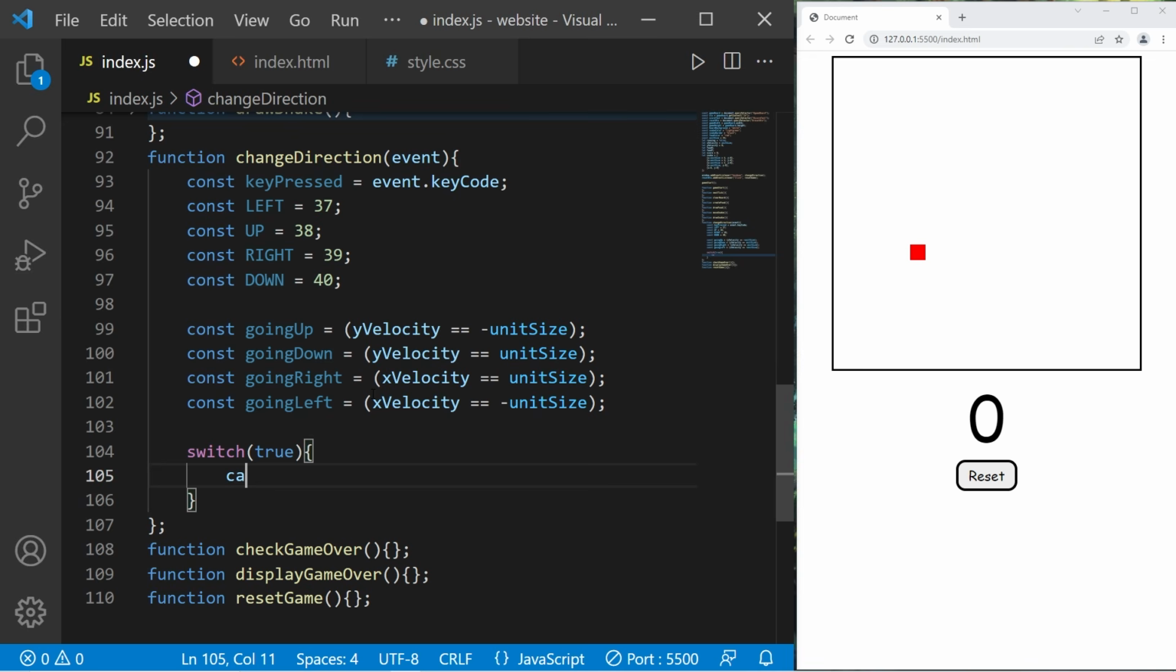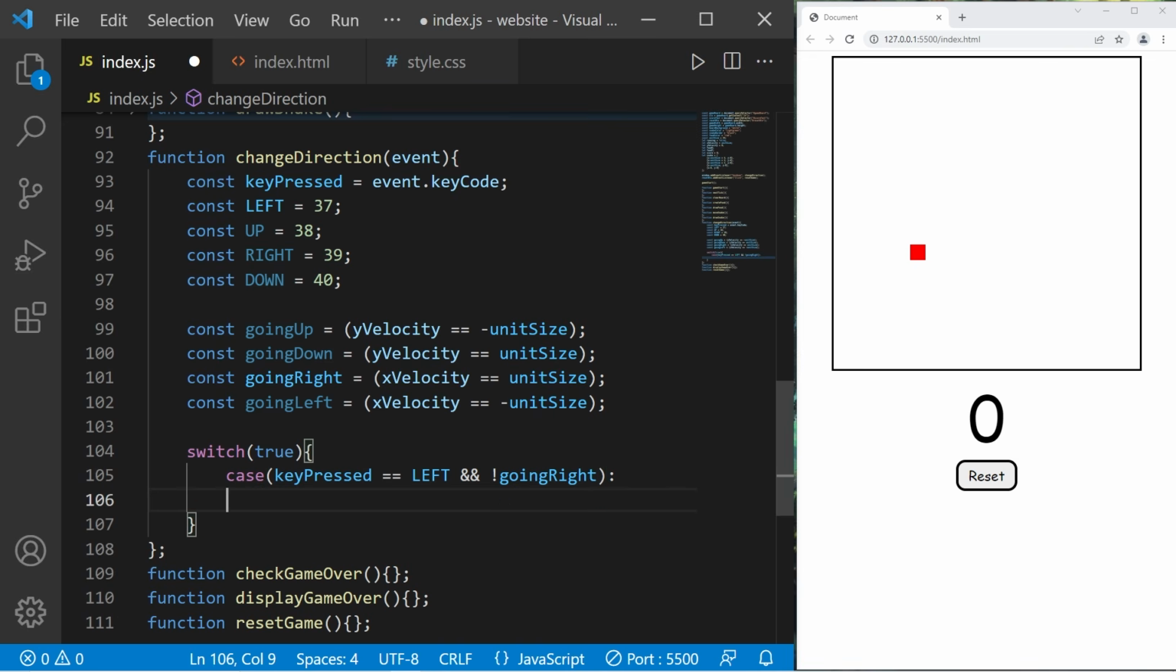The first case will be key pressed is equal to left. And we are not going right. We don't want to be able to move to the left, then immediately to the right, because according to the rules of Snake, if any body parts touch, then we lose the game. We don't want to accidentally go back into any body parts. So if we're going left, we can continue to go left, otherwise up or down, but not right, because then